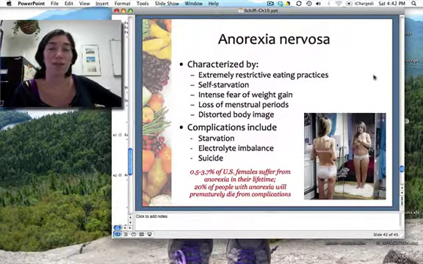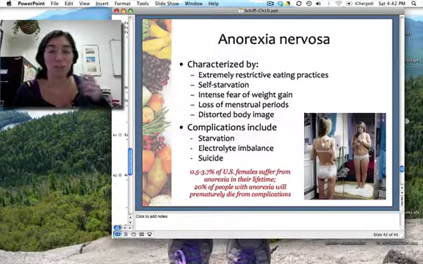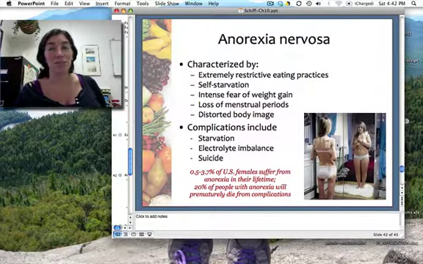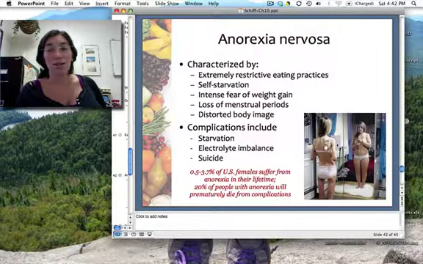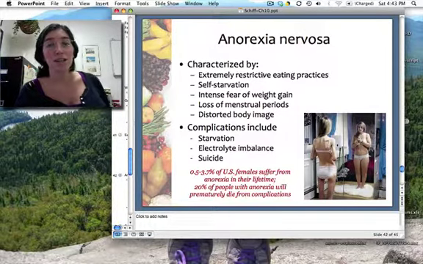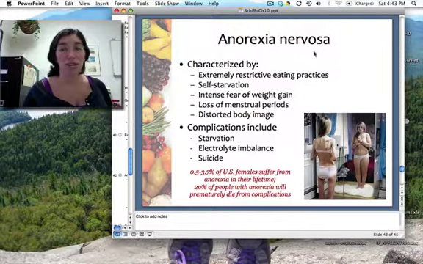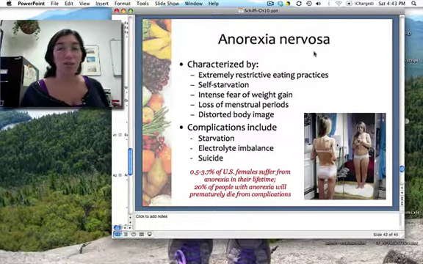So anorexia nervosa, here's another picture that illustrates that body dysmorphia. A girl who's clearly anorexic, underweight, you can see her spine, you can see all the bones in her legs, looking in a mirror and seeing a very different picture, seeing someone who probably weighs twice as much as her, who's not fat, probably within a healthy body weight range even, but this is not the same picture on both sides, okay? So anorexia nervosa is characterized by extremely restrictive eating practices, eating very, very few calories a